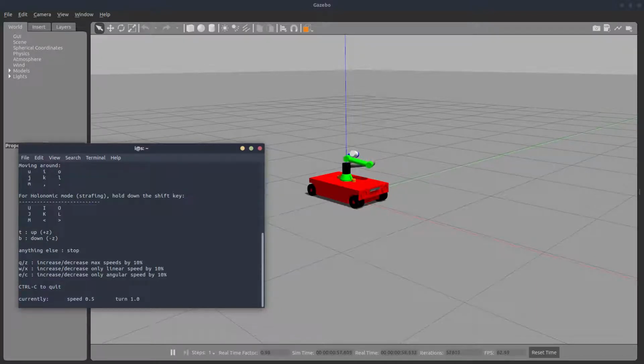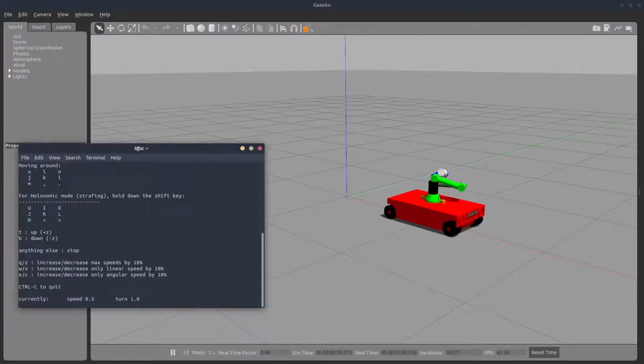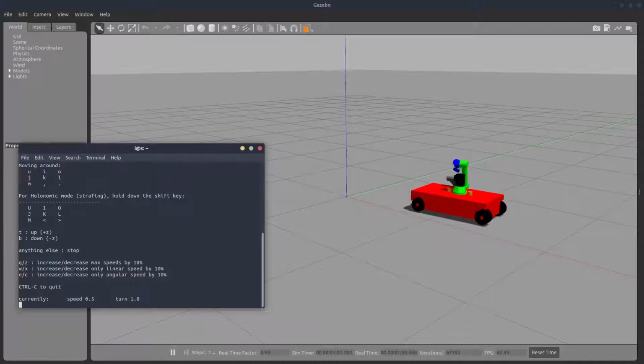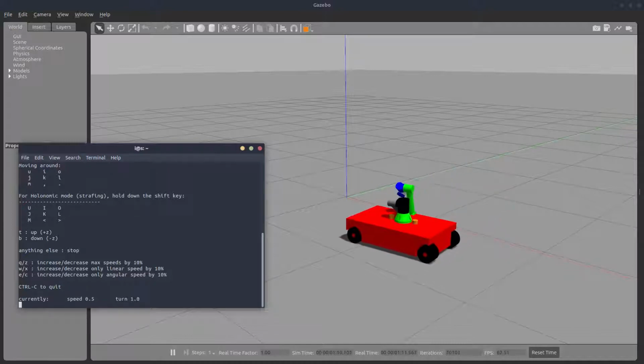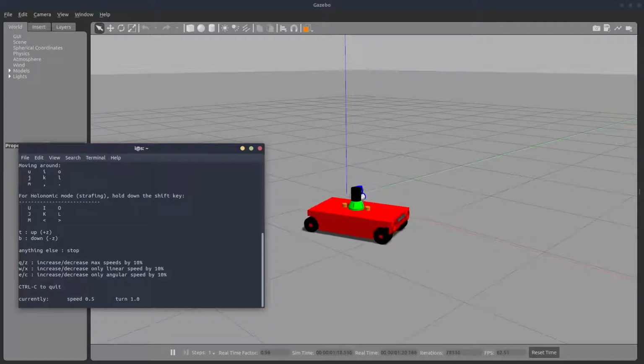You can use I to move forward, S to stop, J and L to move the robot around, and with shift you can add a holonomic movement. So yes, that's it for this plugin. We can move the robot around now in Gazebo,